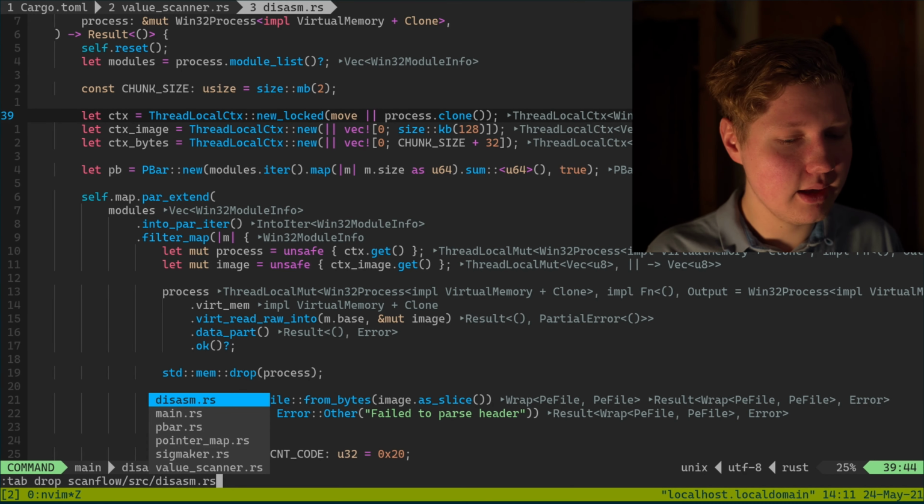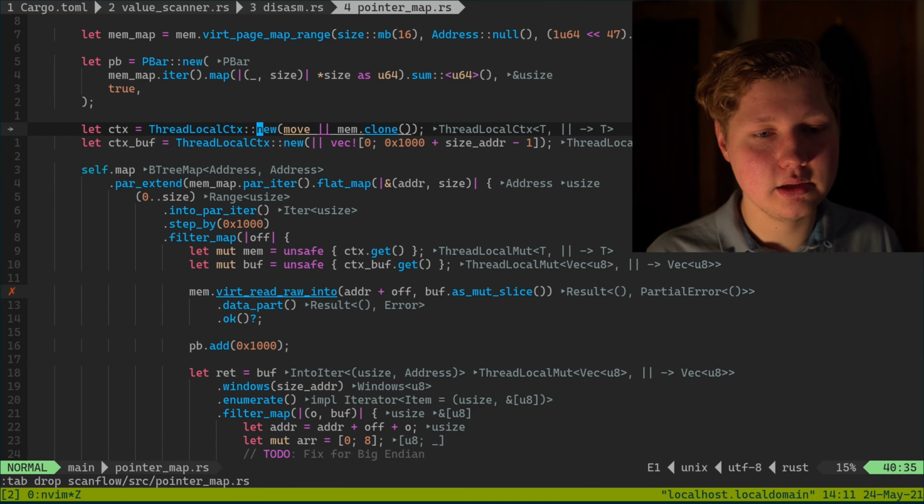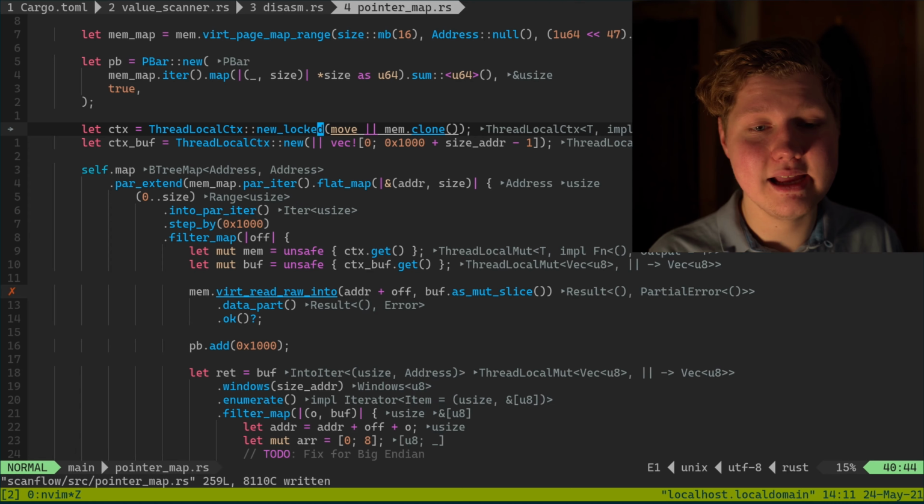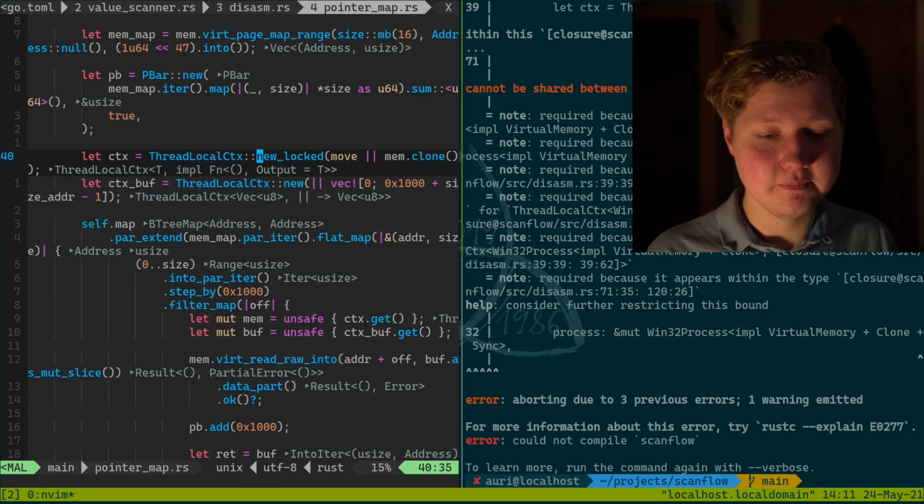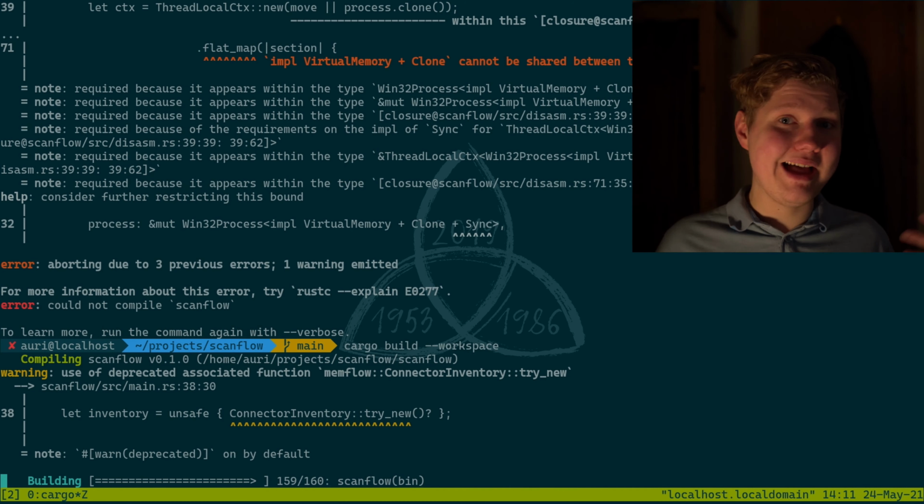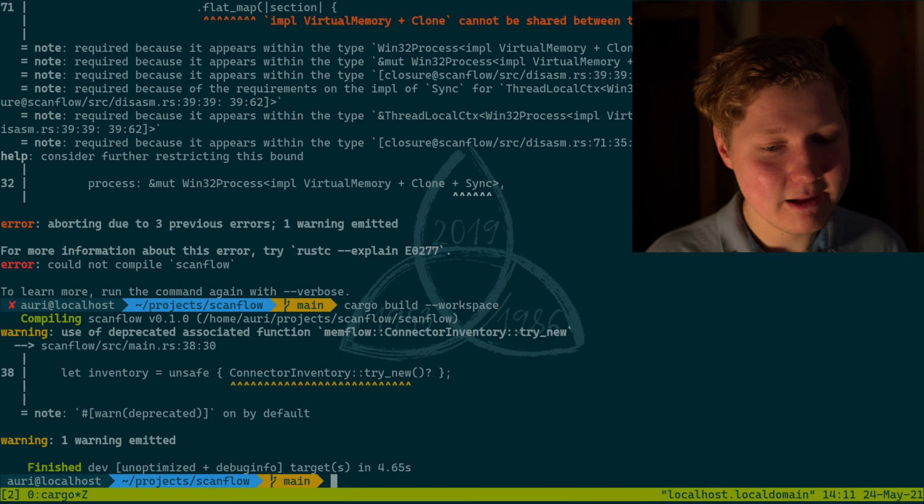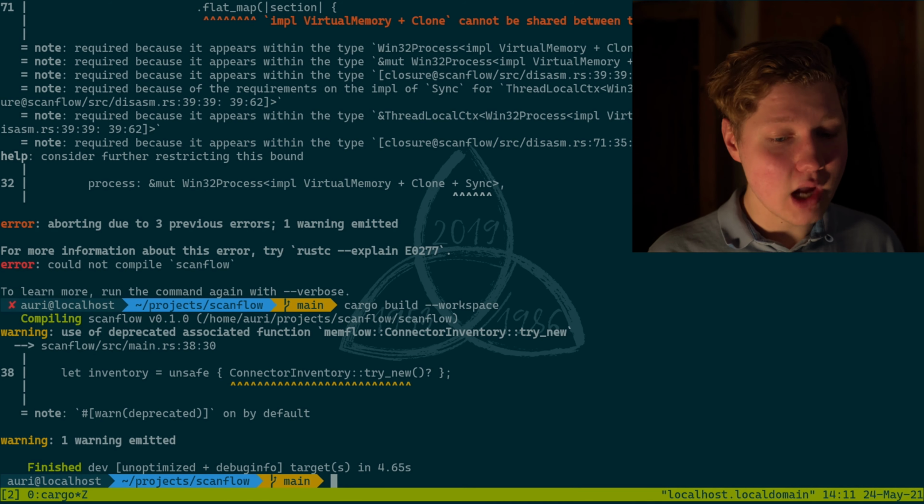And finally in pointer map, we have the final thing. As they say, only pay for what you need. And once we build it, boom, that is done. I mean, it's still building, but here we go. We built it. Now it's time to go ahead